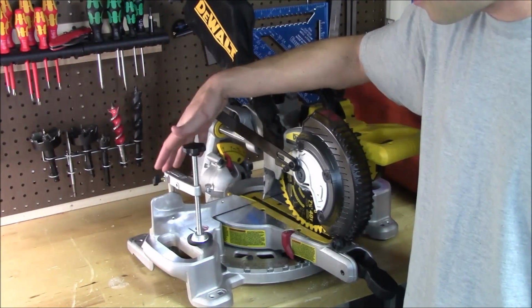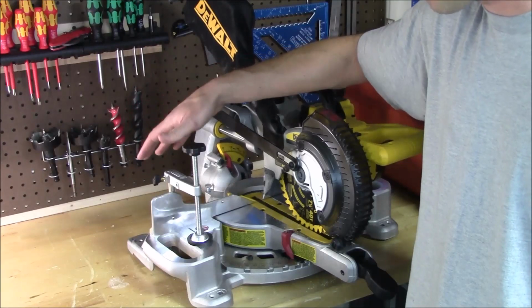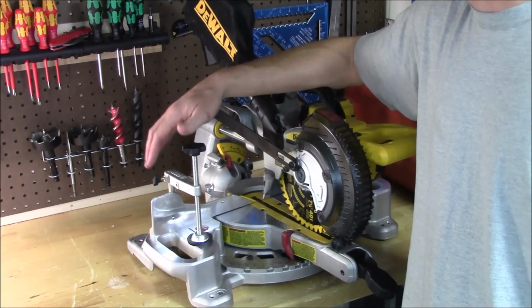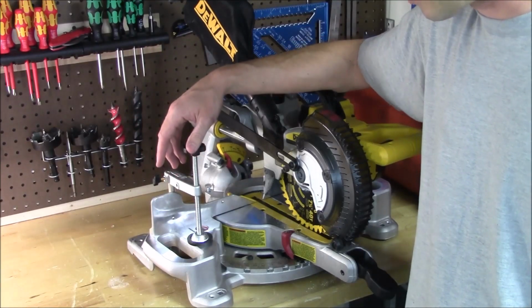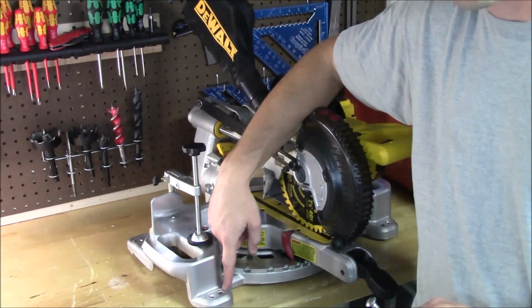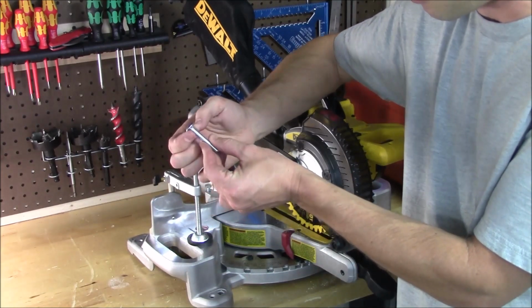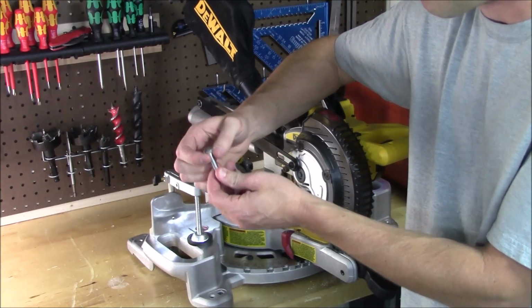Here's a closer look at the saw, and the first thing I want to point out is the fact that they do give you a couple different ways to mount this. Now what I'll be doing is mounting this to a portable miter saw workstation using carriage bolts, and I'll be using a set of square holes that they have built into the base. That's going to catch the square part of the carriage bolt, it's going to prevent it from turning,